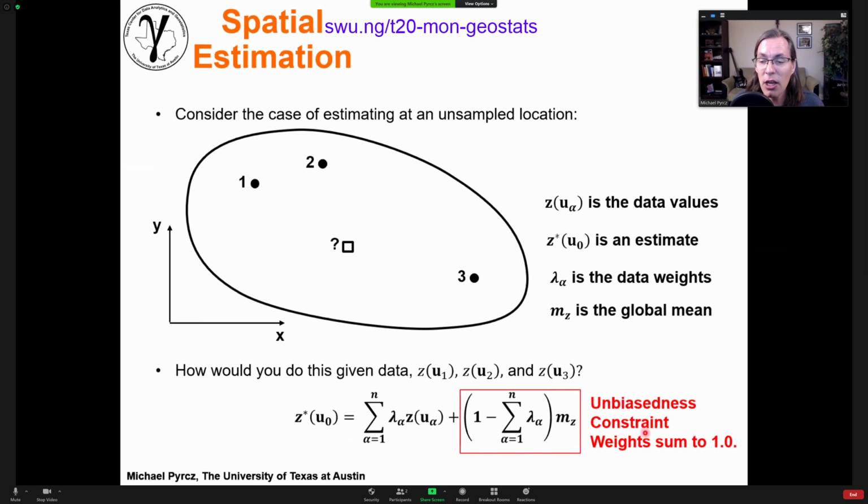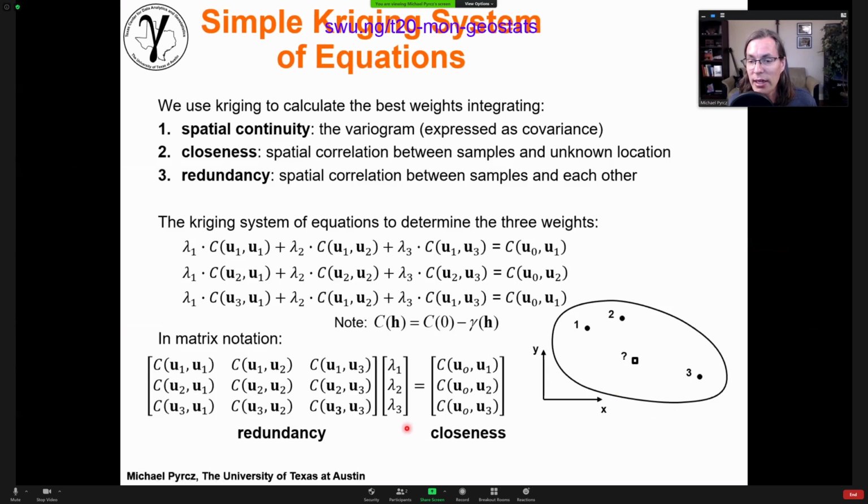Okay, so this is going to be our estimator. It's going to be based on a linear combination of our weights, but guess what's the problem? What are the weights we're going to use? How do we come up with the right weights? Well, if we were to spend the time in one of my lectures, and I do have some of this within my YouTube videos, we could do the derivation of a system of equations, which is called the Kriging system. And this Kriging system, probably better communicated in matrix notation, is based on